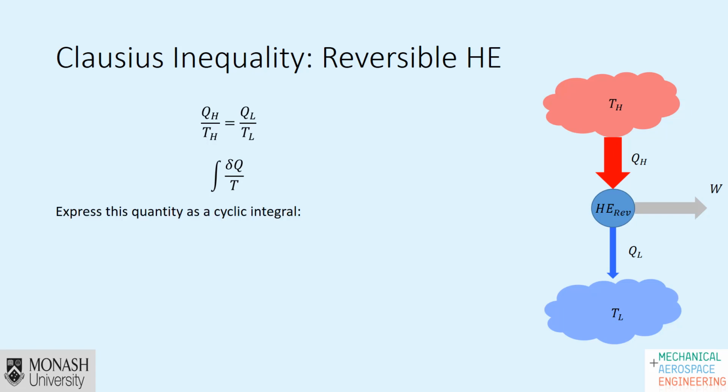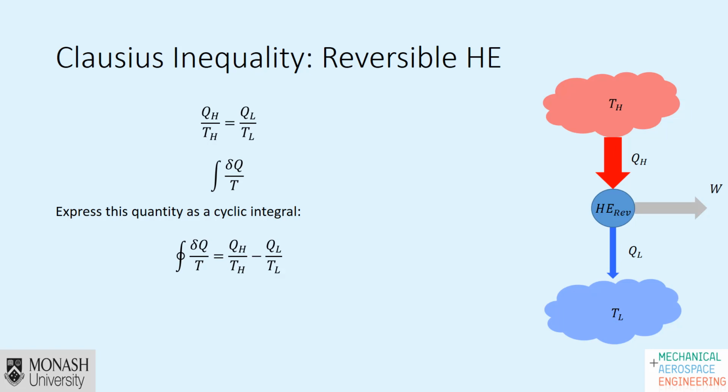With this so defined, we can now express this quantity as a cyclic integral: the cyclic integral of the inexact differential of heat transfer divided by the temperature. And for any heat engine, the cyclic integral of the heat transfer divided by the temperature at which it takes place will be the heat input divided by the high temperature minus the heat output divided